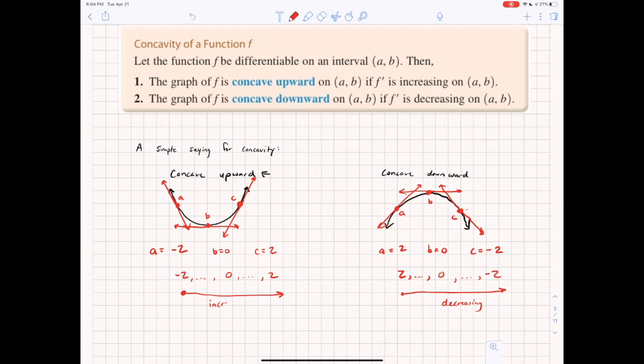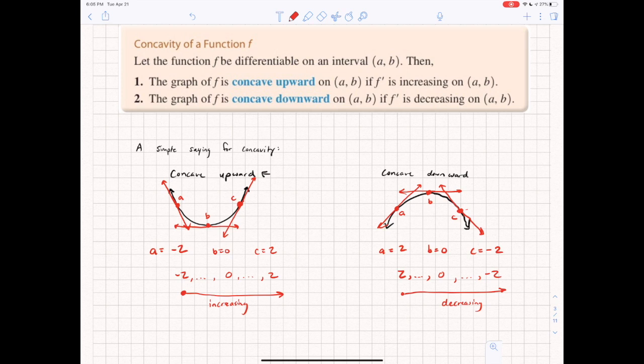These were increasing. And so this would be an example, again, where all the tangent lines sit above the curve, and therefore I'm defined as being concave downward. Concave down, I'm shaped like a frown. And again, I think this is where some misconceptions can come in, because